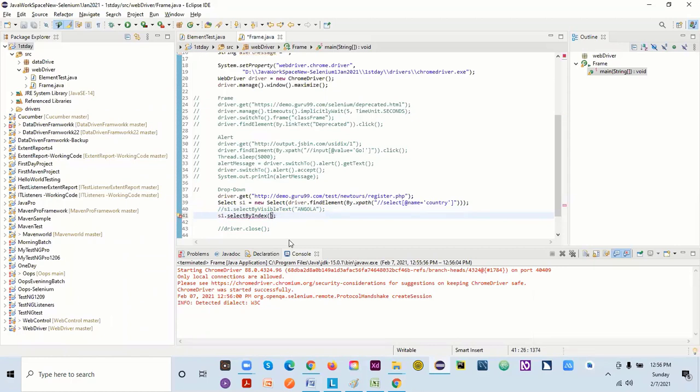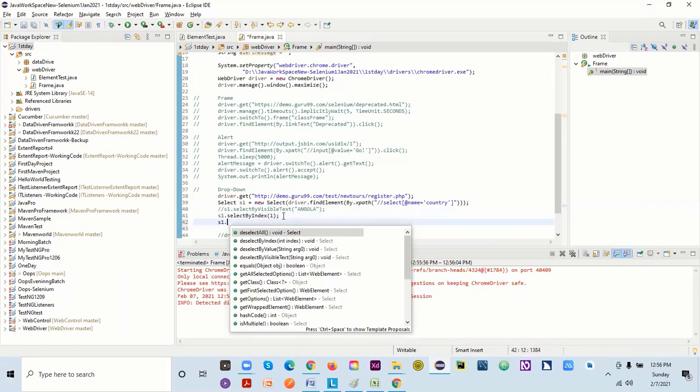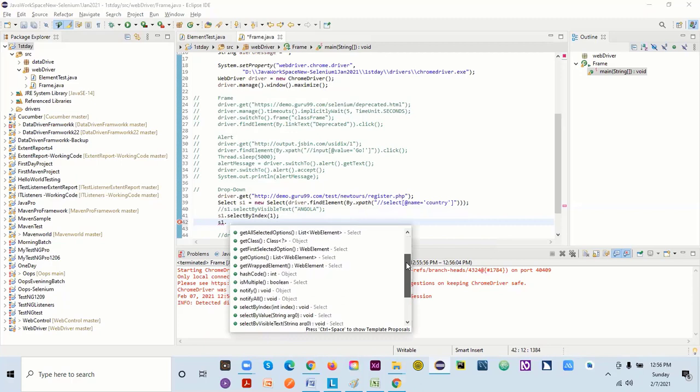As of now, we are selecting whatever we want to select. You can go with the visible text, or I can go with my index as well. There are so many options we have here. Suppose you want to deselect all, you can deselect all. So this is how you can deal with the drop down.